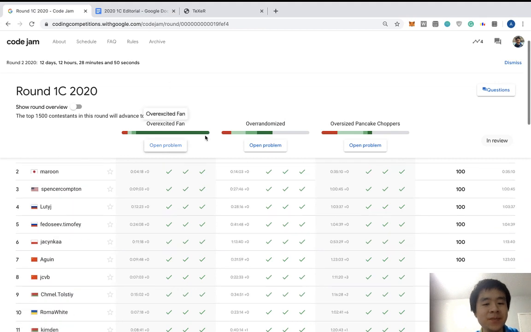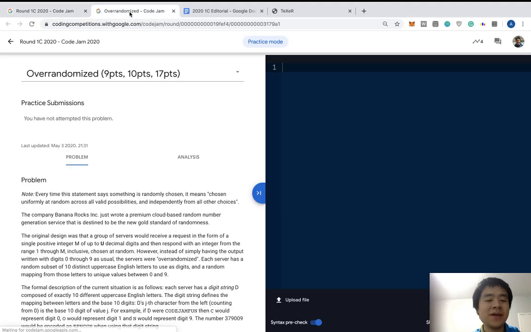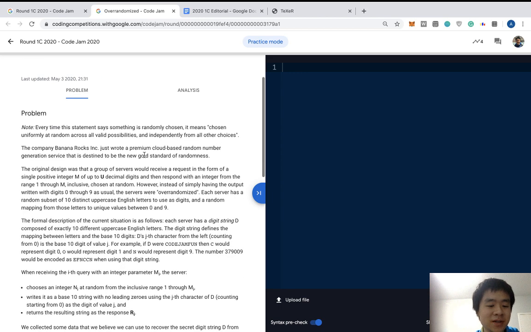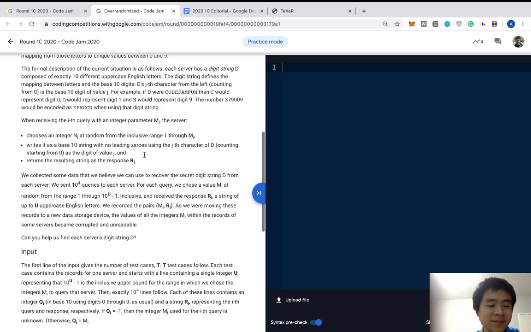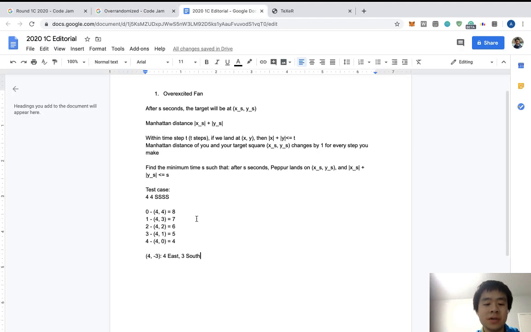Okay, nice. The second problem is, I have to say, kind of cute because this is the question that you don't even bother to prove. You just rely on your own intuition. So what it means is that